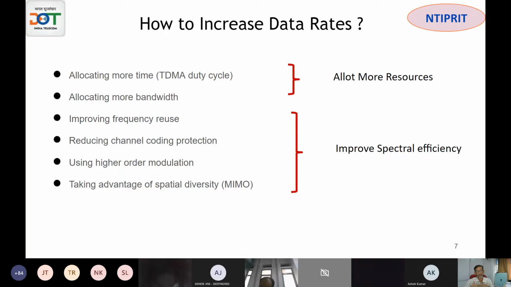Then, of course, the closer you reuse, then you will have quality considerations. Then channel coding we can use, and higher order modulation from QPSK to 16 PSK to 32 QAM, and then 64 QAM, 128. So with higher order modulation, you can pack in more information, and then of course increase the number of channels. Modulation has reached almost a high level. That is why now we are adding more and more channels. So your packing is in one channel, then you add more channels in MIMO.